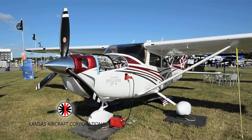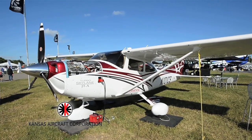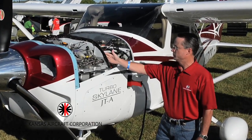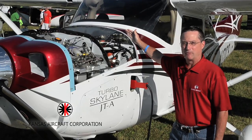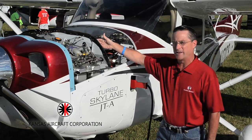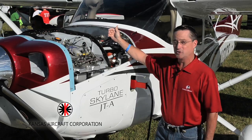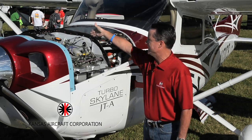Really, the only difference you can tell by looking at the outside of this airplane versus a Turbo 182 is in the forward nose section. It's got an all-composite cowl, and you can tell too, there's much more space between this baffle and the firewall. And what that also means is less maintenance cost, because when you go for an oil change, and by the way, the oil change, instead of 50 hours, is now out to 100 hours. So you've got reduced maintenance costs that way, you've got reduced fuel consumption, and there's much more ease of maintenance